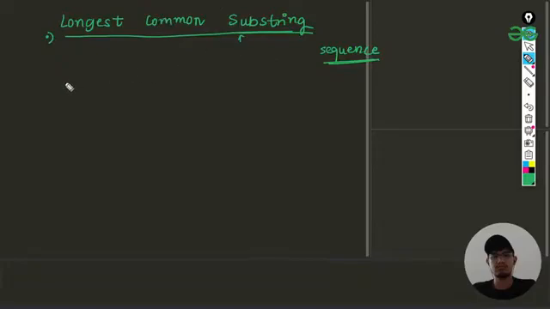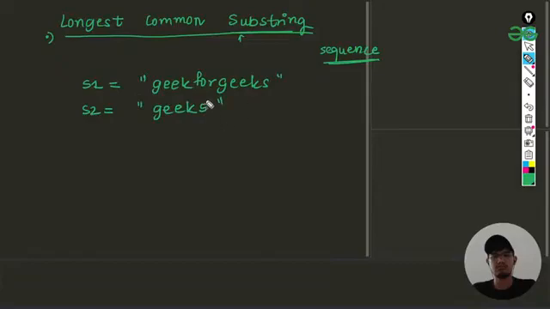So basically the statement of the problem is, suppose we have this S1, something like gigs, or I'll just write gig for this example, gig for gigs, and I'll be having S2 here, something like this.